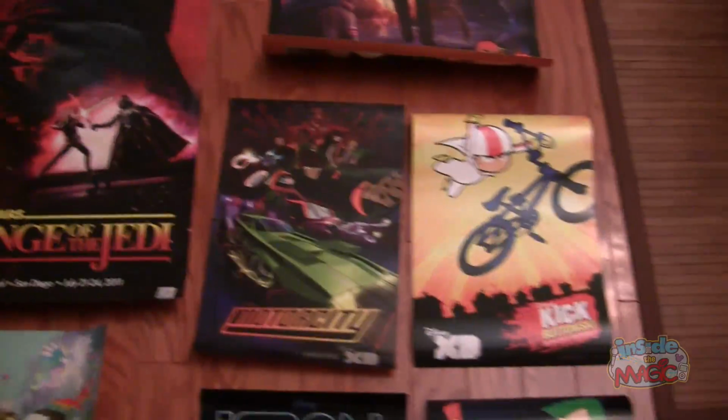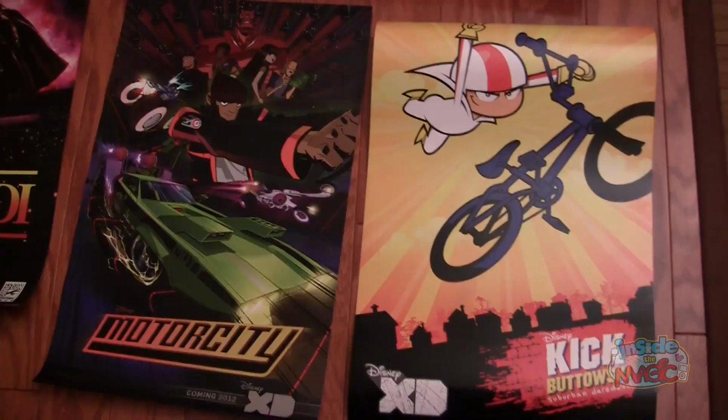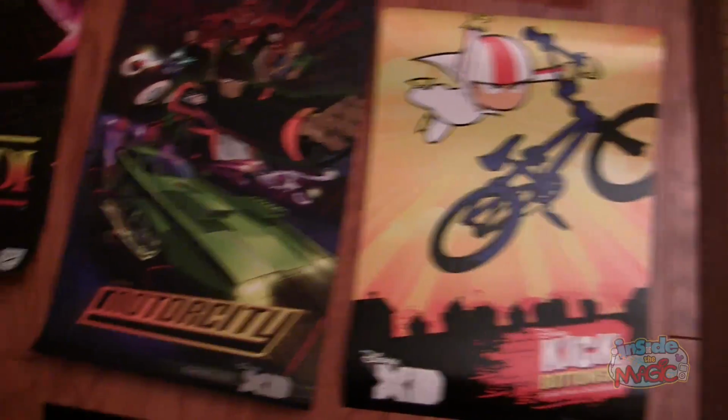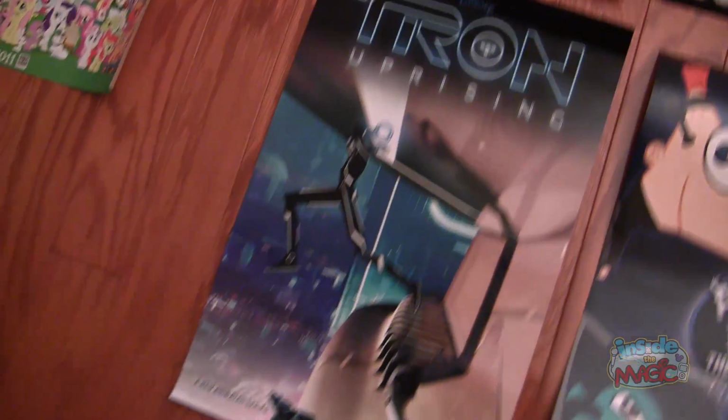Disney was handing out quite a few posters, both on the convention floor and at their panels. These smaller posters were handed out at the Kick Buttowski panel that I went to. That's this one on the right, and on the left is for an upcoming show, Motor City. And then down here, I'm really excited about this one, Tron Uprising. So great look